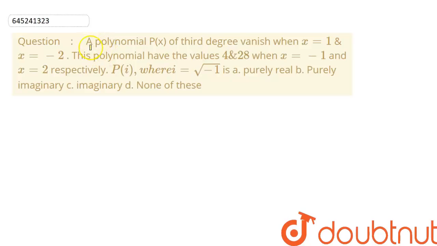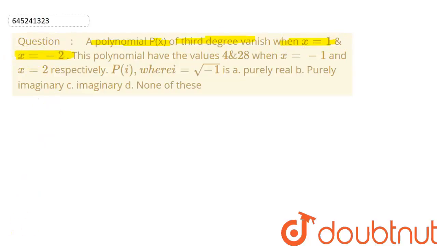Hello everyone. So today we are going to discuss one question on quadratic equations and complex numbers. So here in this question we are given a polynomial p of x which is a third degree polynomial. And it is given that this polynomial vanishes when x is equal to 1 and when x is equal to